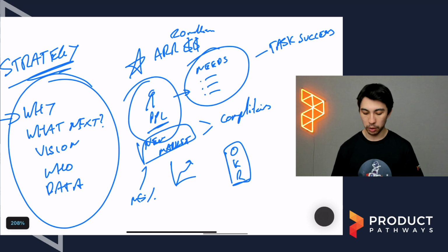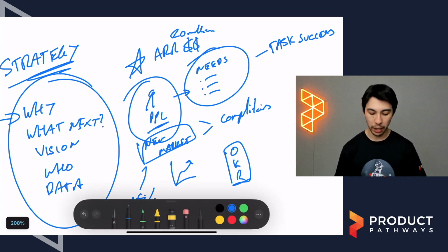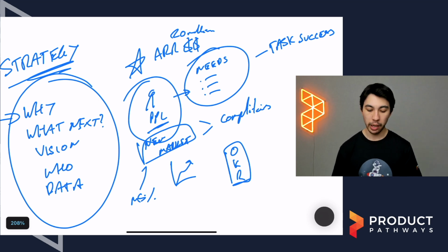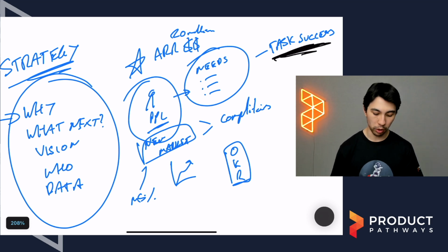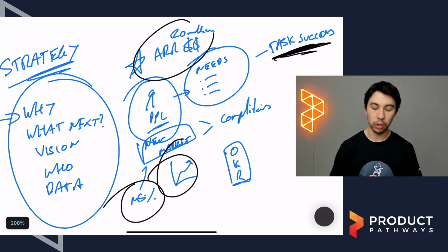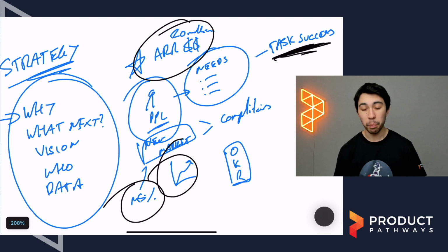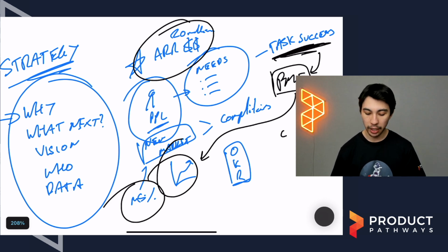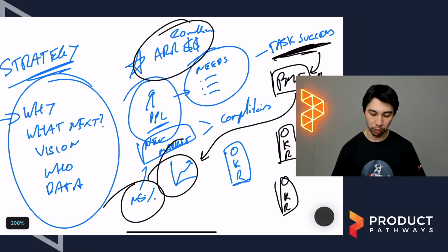And this is important because all this context, we can't forget about it. This is all really important context for our teams and our people to get across and to understand that, hey, we've picked these OKRs for these reasons. If I'm measuring task success here, it's not because I'm not focused on market share and growth and dollars. I'm just focused on it for now because we need to find product market fit first. Again, strategy, right? We need to find product market fit first. And then once we have that, then we can start to focus on acquisition and growth. So yes, our OKR today is focused here, but our OKR in the future might be focused over here.